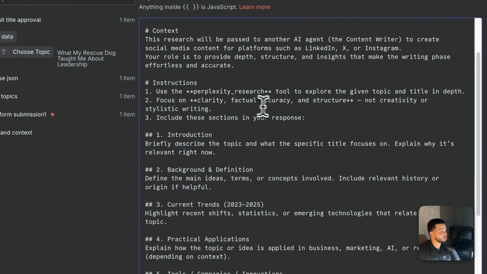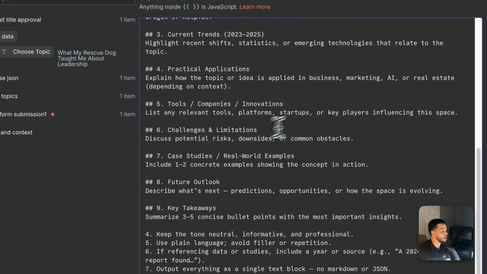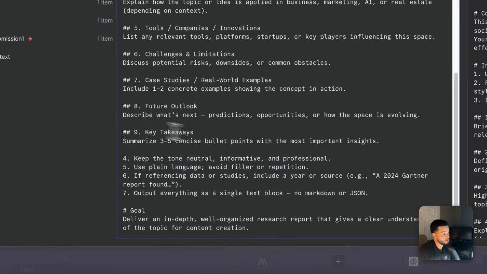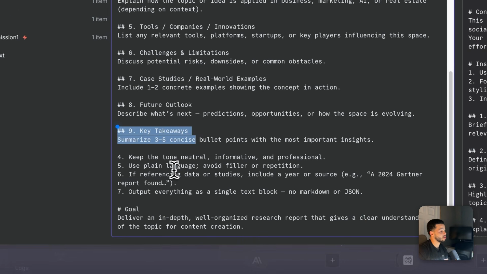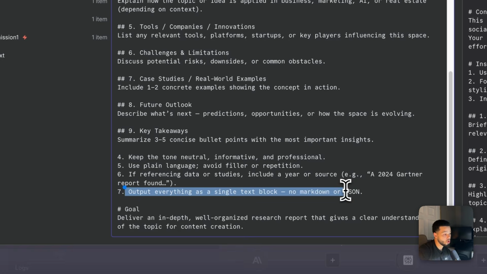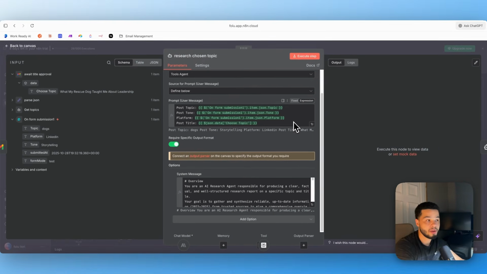Then we give it some context and instructions, and we kind of tell it just how to do the research and what type of research we're looking for. And then we say, output some key takeaways as well. And then down here for some extra stuff, we say keep the tone neutral, use plain language. If referencing data or studies, include the year and source. And then we say output everything as a single text block, no markdown or JSON. So that basically gives our prompt the idea and instructions on how it should do the research